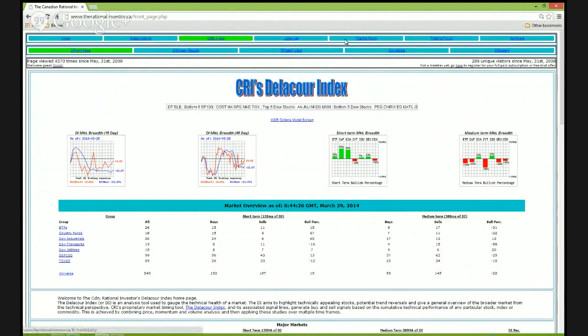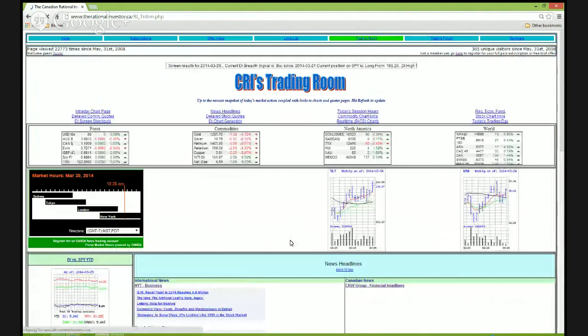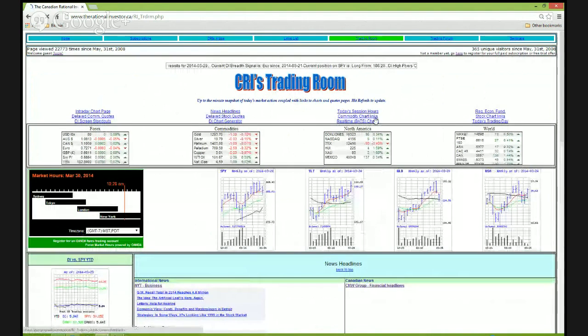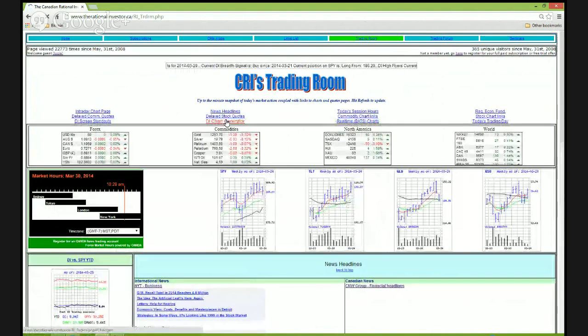That's on a subscription basis. But you should also keep in mind that in the trading room, and this is free access, you can simply zip into here, and all of the DI scores are actually nicely summarized in this one page that I put together. So when we're in the trading room, if you just scroll down to the DI screen standouts,